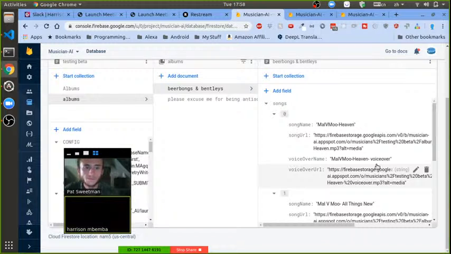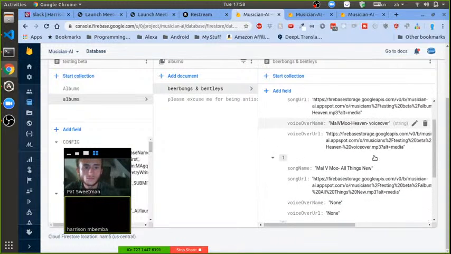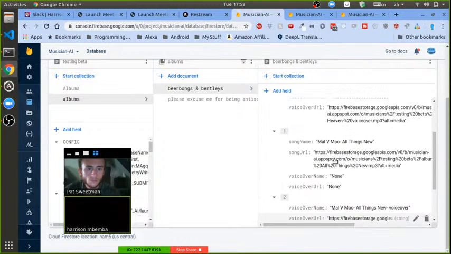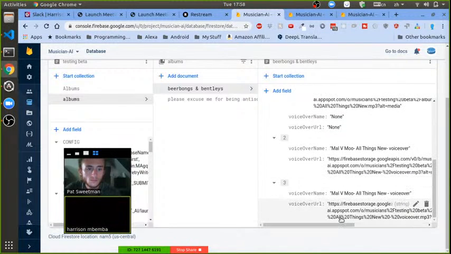So it looks like, song name, and then song name, and then scroll down. And then number 2, this is voiceover. So I mean, that's a voiceover. And then the final one. Are you getting that that's a voiceover, not a song? Right.